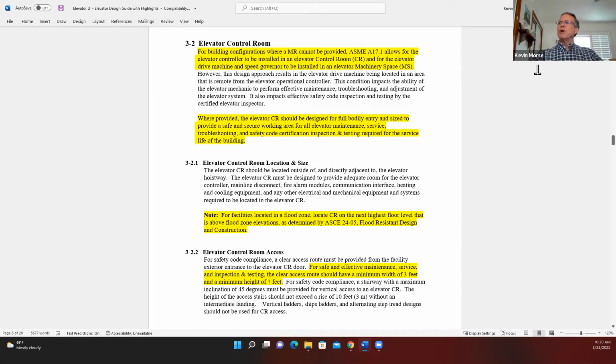Elevator control room, for building configurations where a machine room cannot be provided. A17-1 allows for the elevator controller to be installed in a control room and for the drive machine to be installed in the elevator machinery space. Where provided, the elevator control room should be designed for full bodily entry and sized to provide a secure and safe working area for